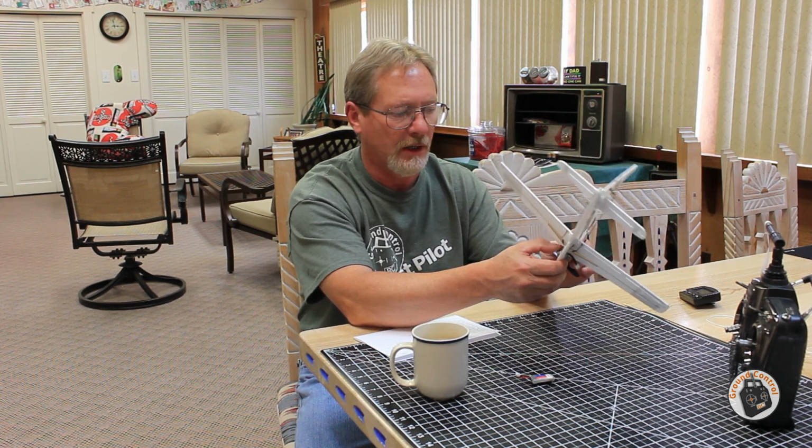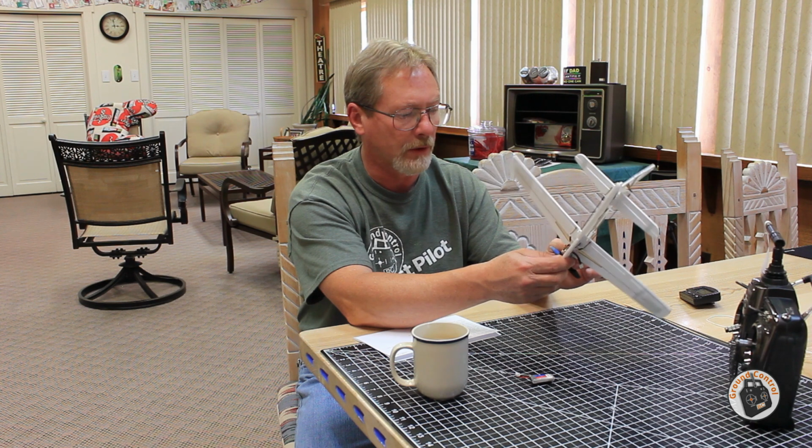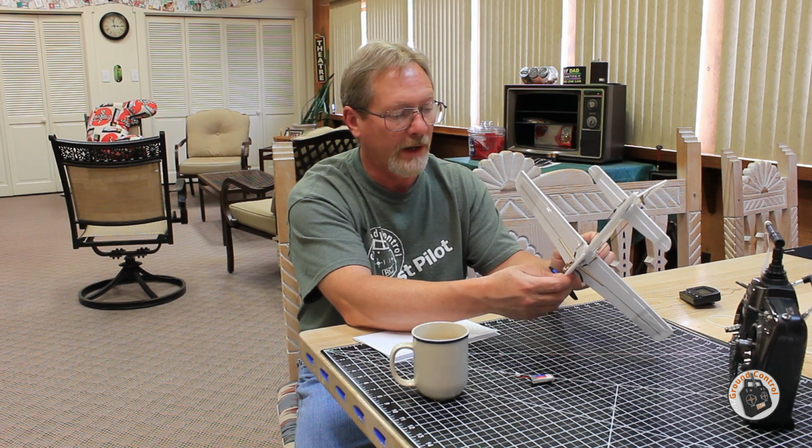All your servo leads and your power lead for your motor. You can use whatever type of connector you want from your receiver, depending on what kind of batteries you have for your power. And for the motor, I don't like